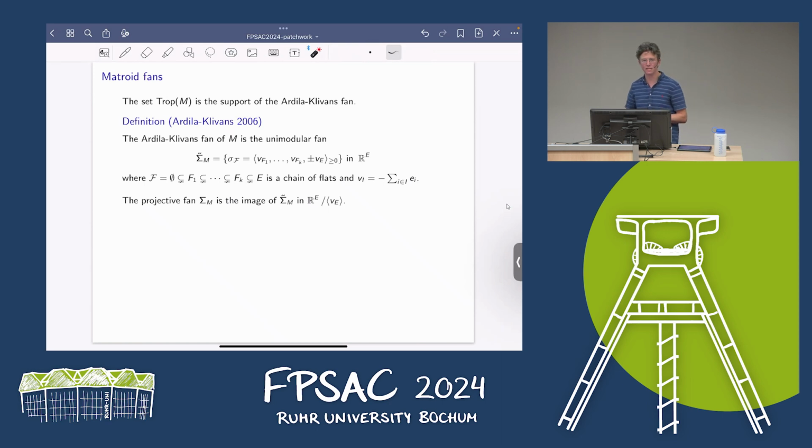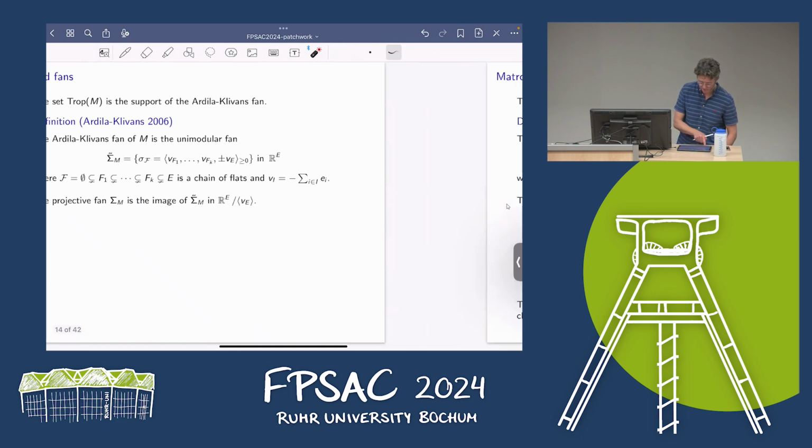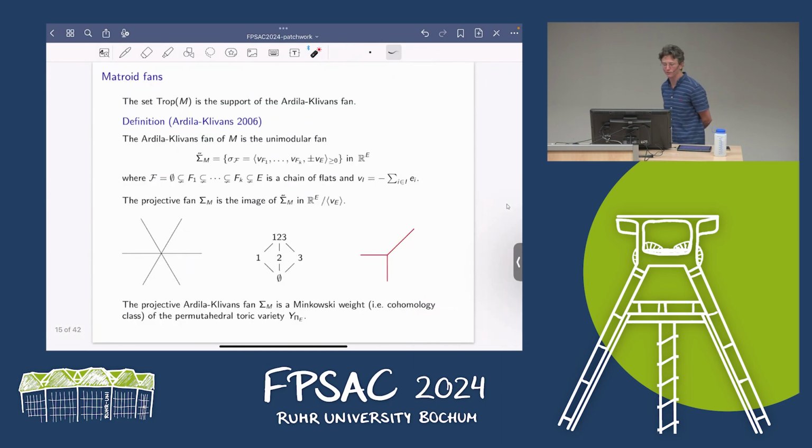So what that means is that for every chain of flats of our matroid, we're going to get a cone, and that cone is just going to look like the non-negative linear combinations of, well, here I'm taking minus the indicator vectors of each set. It's just my convention. So just think we have a cone for each chain of flats. And the directions it's put in in R^n are important